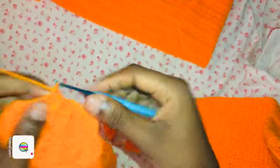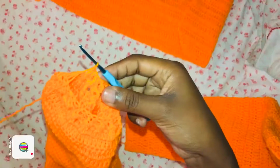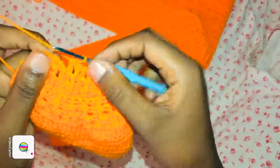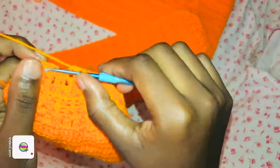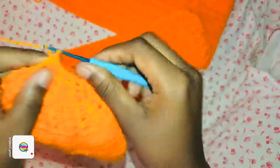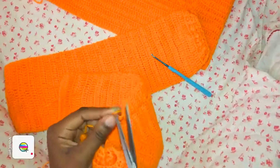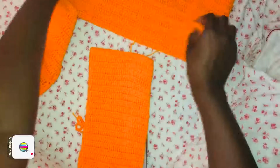Okay, finish that and we finalize our work. So we are done. All we are doing is slip stitching on top of our chain 3. Hope you're done too, like me. And we're going to cut off this yarn like that. So the thing we are doing now is